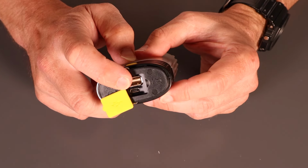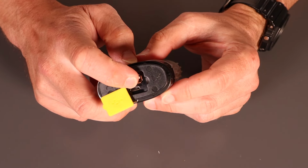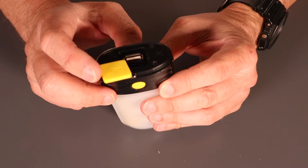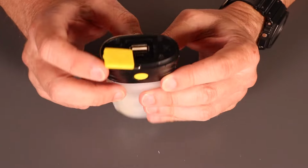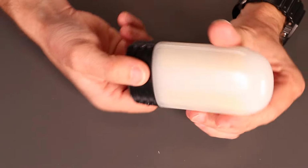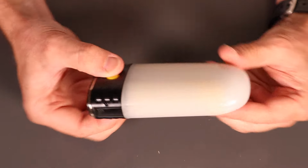And then you've got the USB-C charging input there. Don't really like that. Prefer USB. Sorry, that's micro USB. Prefer USB-C. Yeah. So in terms of operation, as I say, it's both buttons to turn it on,